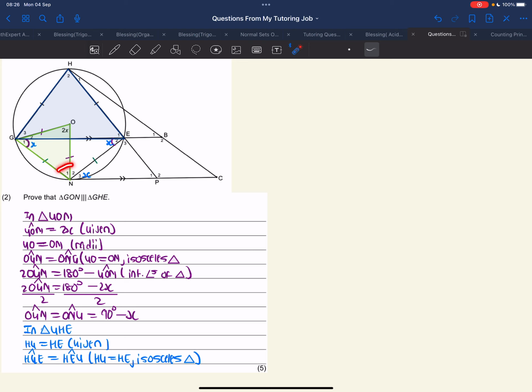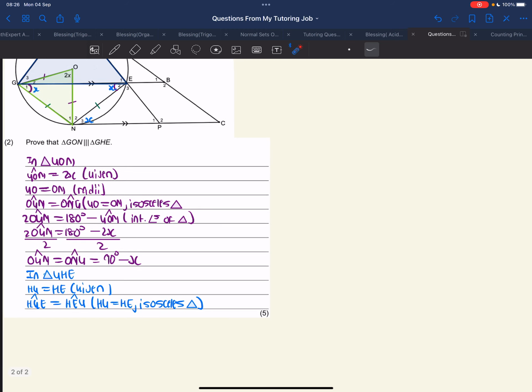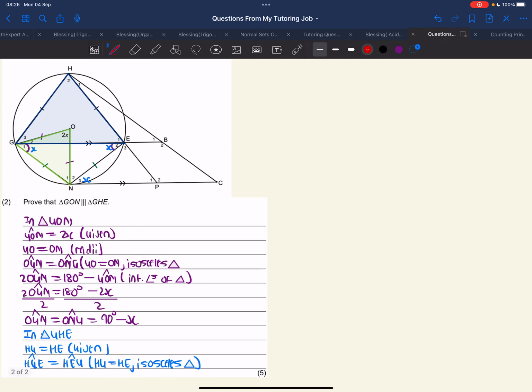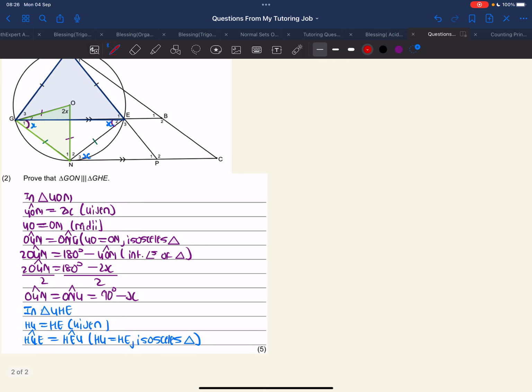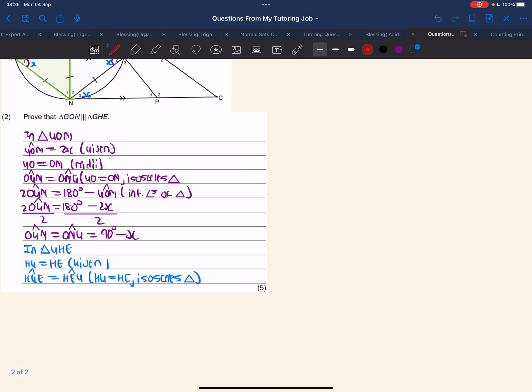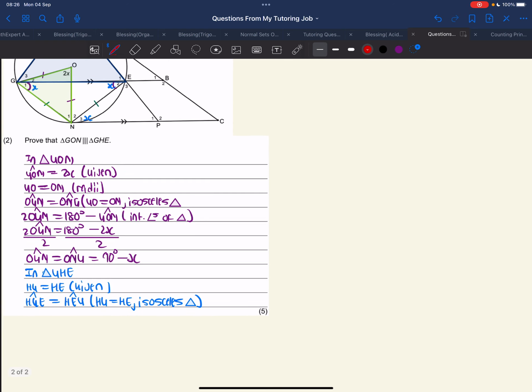So we need to find that angle first. Let me show you how, using a different color. I'm going to say that angle GNE